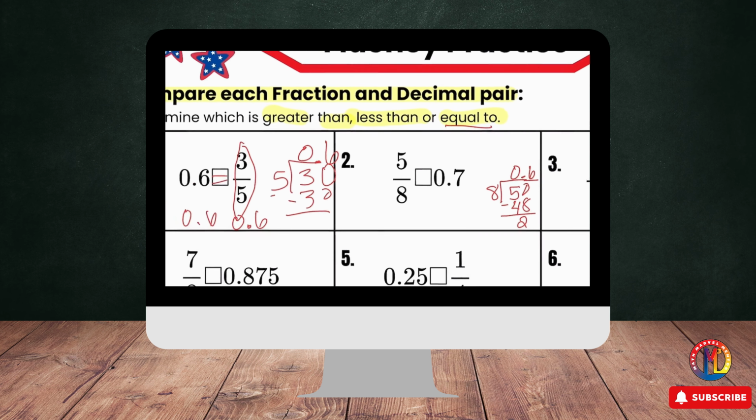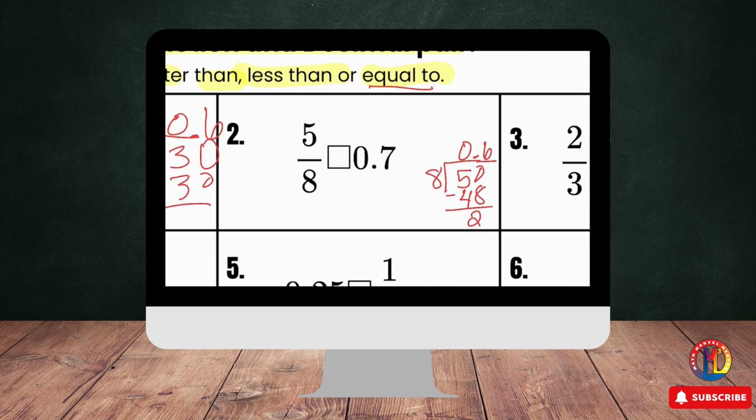I should have made a little more space here. 8 goes into 2 0 times, so I'm going to drop in a 0. 8 goes into 20, let's see, 2 times. 2 times 8 is 16. 4 left over. I drop in my next 0, and 8 goes into 40 5 times. So 5/8 is the same as the decimal 0.625,